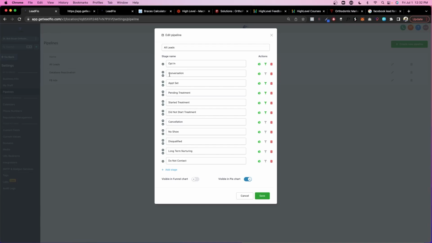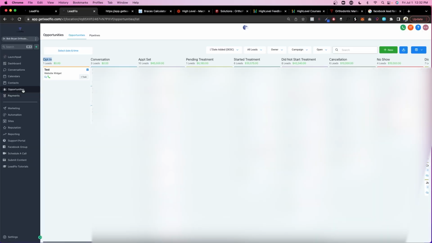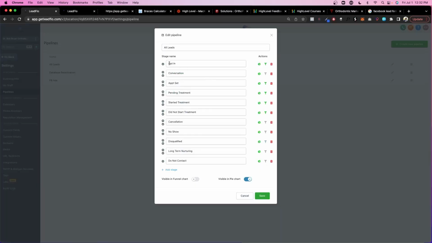And this is how I set up each one of those individual stages that you see inside of the opportunities dashboard here. So, look at all that. And then you can also see that you can toggle off or on inside of the dashboard whether you show the stages distribution or whether you show the funnel chart. We have the funnel chart disabled altogether, as I mentioned earlier. Then you can also delete a section from here and make whether the funnel chart is visible or the pie